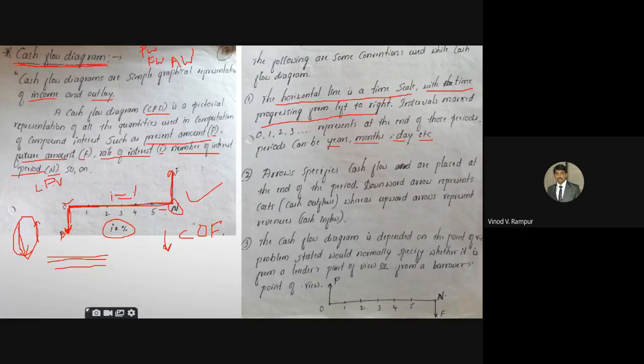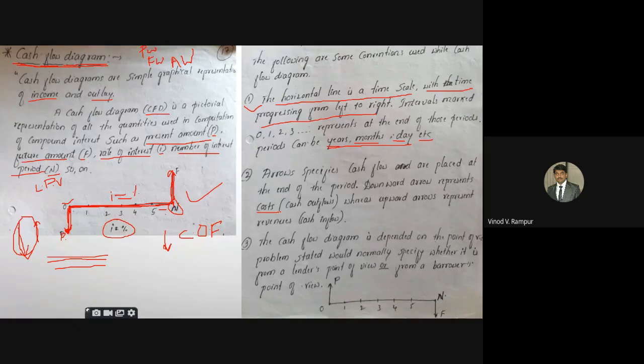In a previous column we talked about monthly, then quarterly, then biannually and yearly. The second condition is that the horizontal line indicates what is given in the first condition. Second, the arrows, downward and upward. Arrows specify that cash flows are placed at the end of the period, from 0 to the nth period given. At the end of this horizontal line we place the arrows. A downward arrow represents cost.